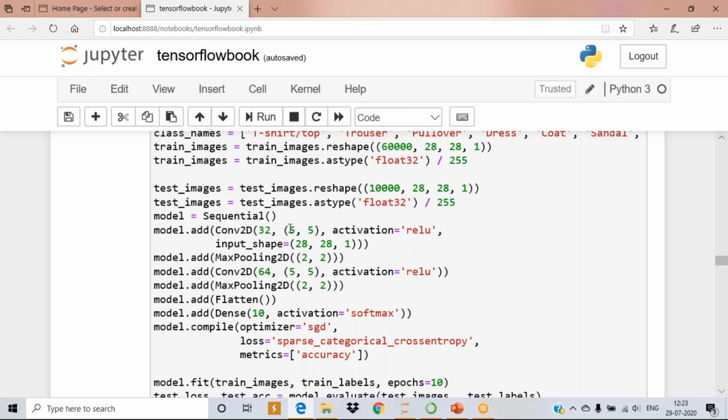What is the filter window size? 5 by 5. What activation function are you going to apply? ReLU. And what is the input shape? 28 by 28. So the input size is 28 by 28, and the first convolution layer has a 5 by 5 filter, applied with 32 filters.